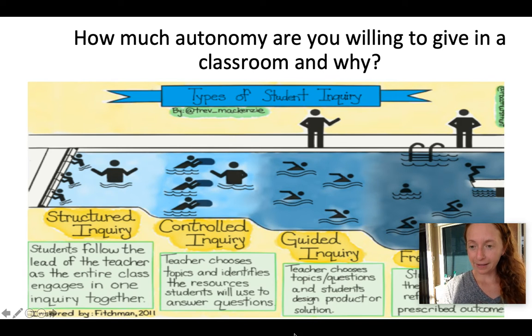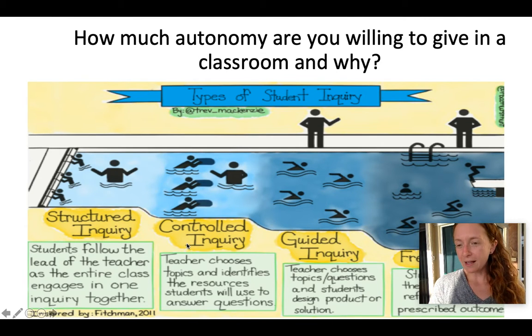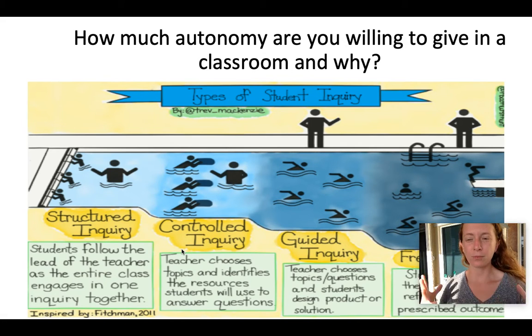And then you've got guided inquiry, where teachers are there for support, and then students are designing their products or solutions. I kind of see that as even controlled inquiry, because the teacher had the topic and kind of gave them a lot of structure, which I think is why it works so well.